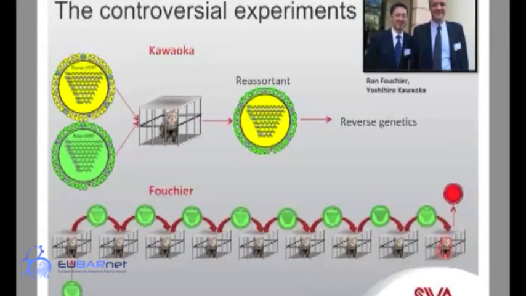Now it is difficult to know exactly how these experiments have been carried out, because they haven't been published yet. It has just been some pieces made available here and there, but this is probably relatively correct what I show you here. These are the two guys that are heading the research groups that have published this: Yoshihiro Kawaoka and Ron Fouchier. Actually, Ron Fouchier was also the one who discovered the H16 subtype.